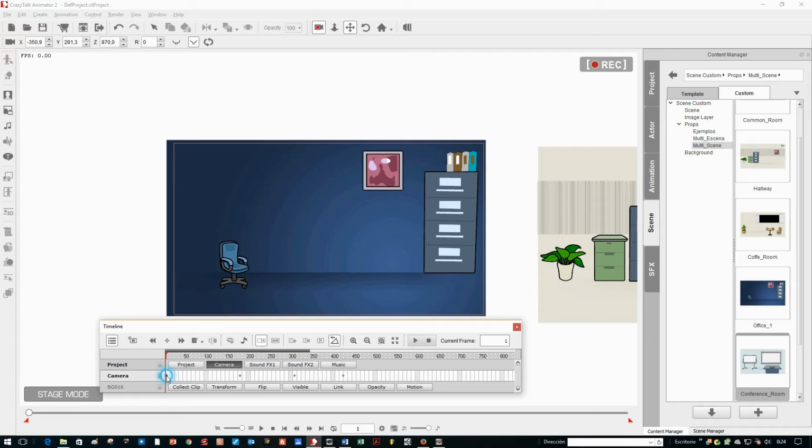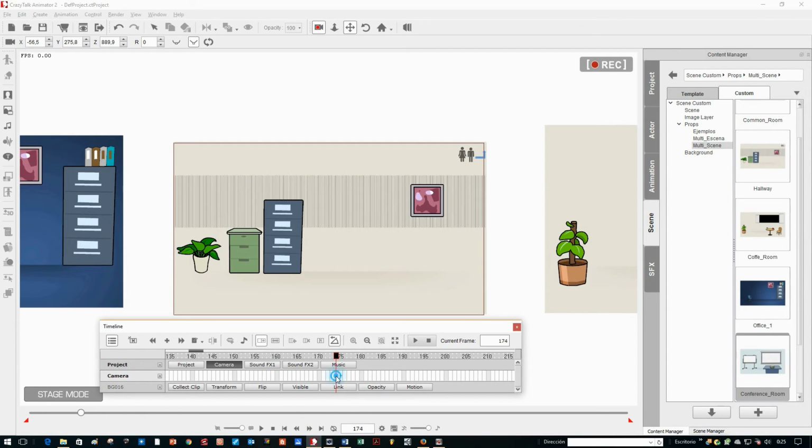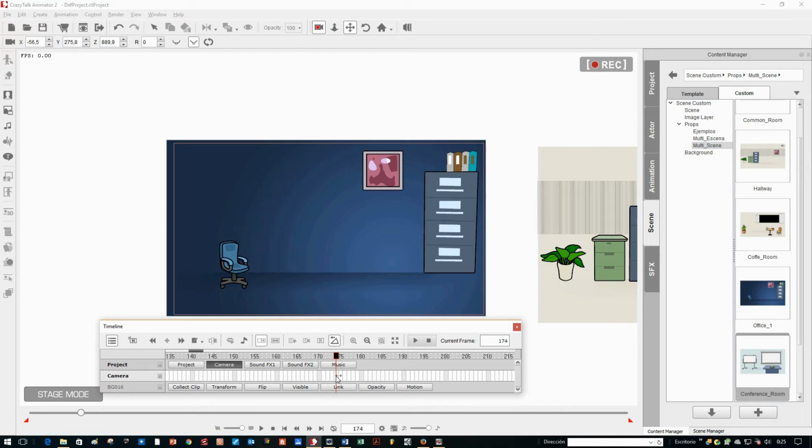No, before we copy this mark, Ctrl C, and then move to the next mark. We can go here to see better. Move only one frame before,